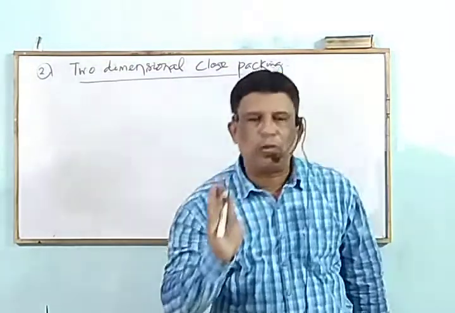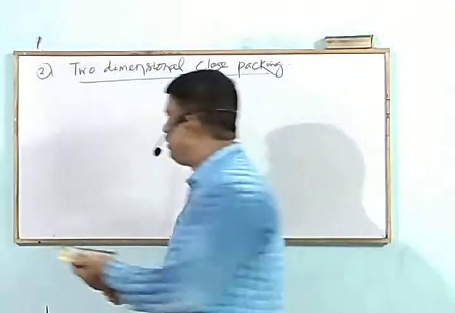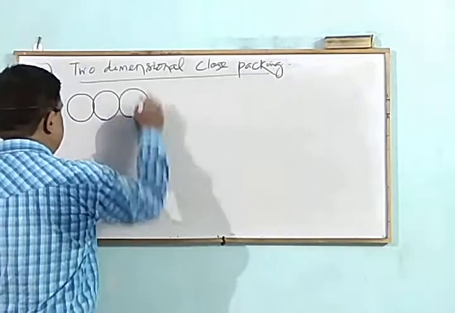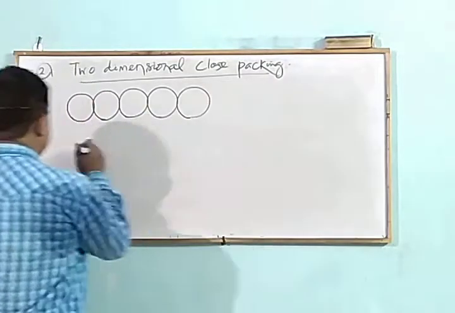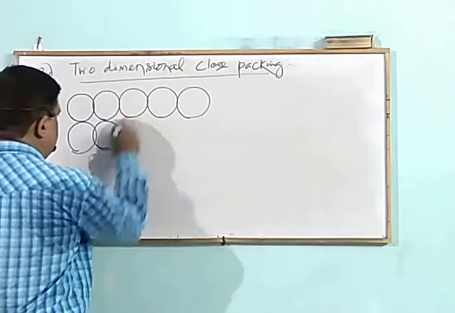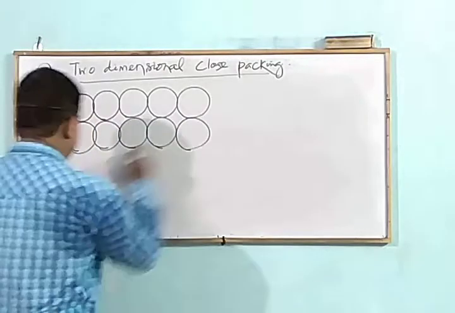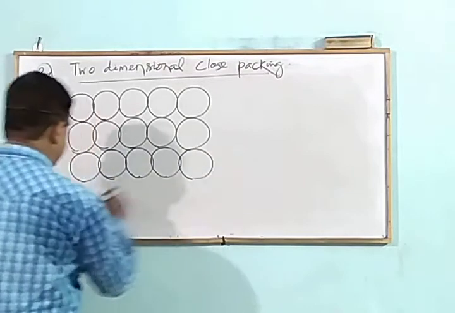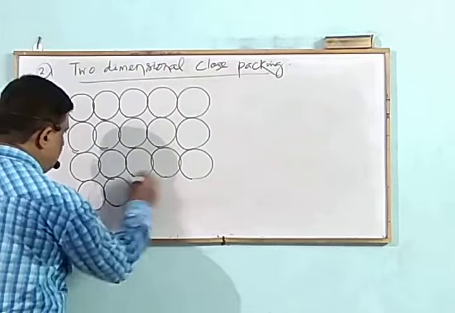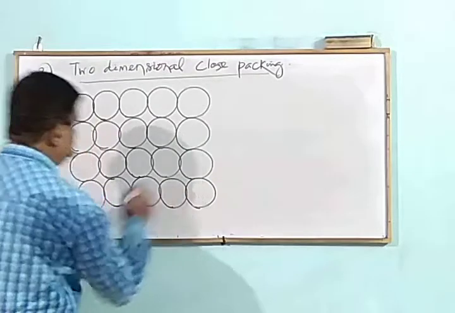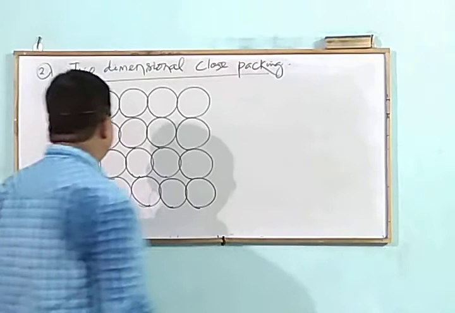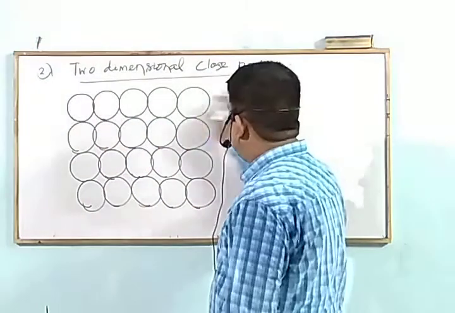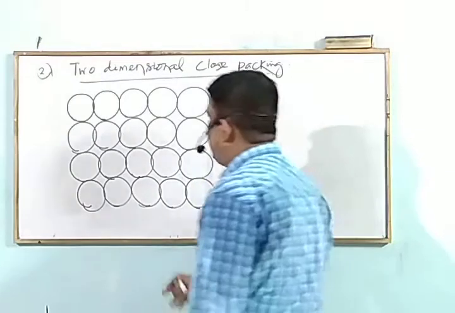There are two types of arrangement. Mark that. It is one type of arrangement where the spheres are arranged horizontally and also vertically, such